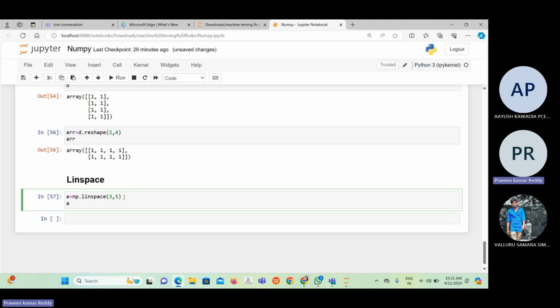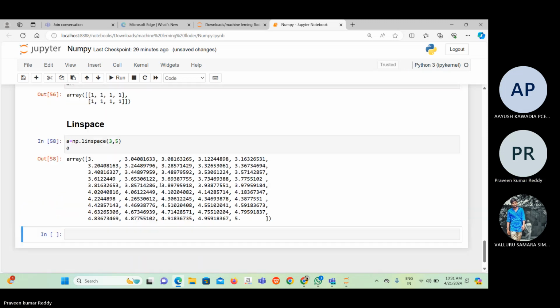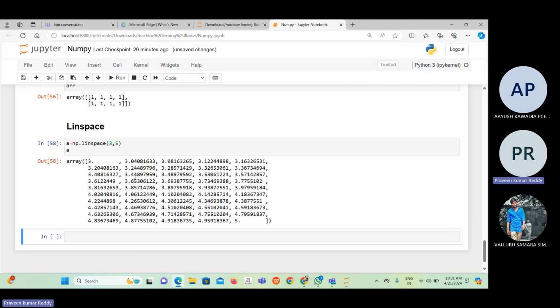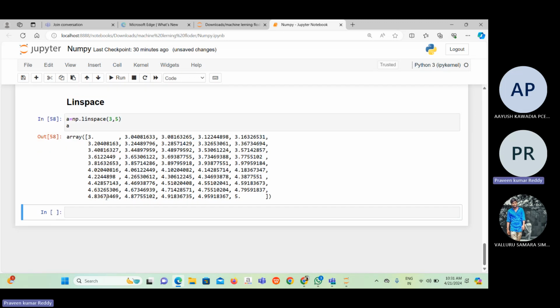The starting value is there. By default it shows 50 numbers of the linspace. Suppose we have to range 3 comma 50, in that 50, whatever the linspace we have to calculate with the 50 numbers. 50 numbers of the space. After linspace come the starting value, stop value, the number, and the